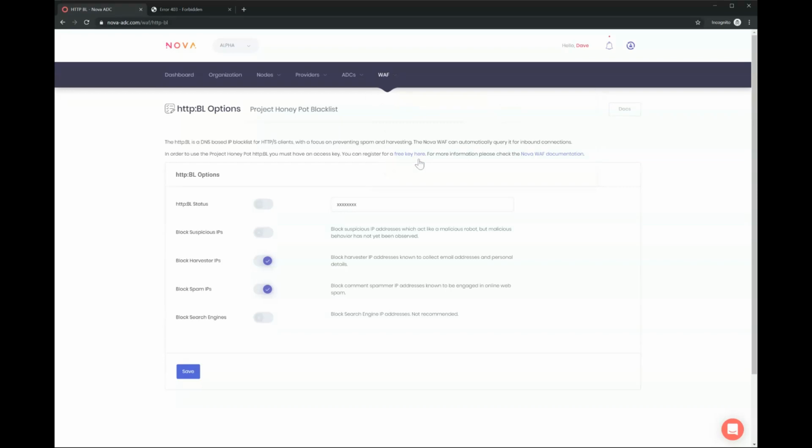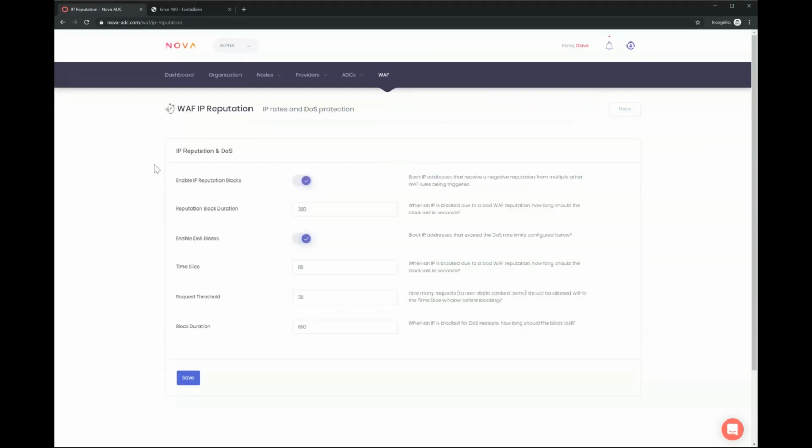You've also got your IP reputation and DOS protection. So IP reputation is calculated based on how many bad requests a client sends. So if you're getting a lot of blocks, an abnormal amount of blocks, more than everybody else is getting, for example, if you were doing a scan or trying to exploit something on the server, then you would automatically be blocked because your reputation deteriorated. And the same works for DOS.